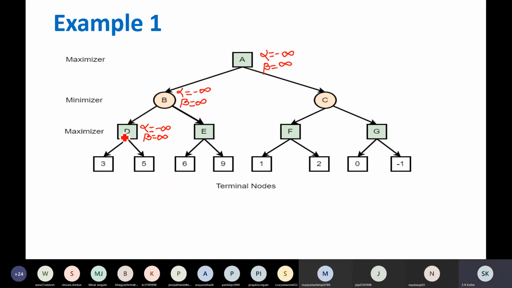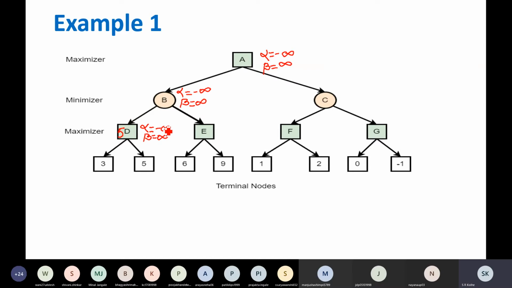So value associated with this D will be 5. Now since it's a maximizer, it will update the value of alpha. Now D is getting 5 from this side, okay, and 5 is better than minus infinity, right?